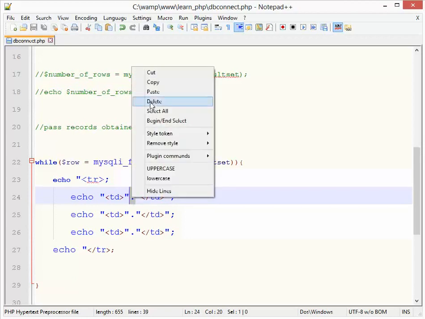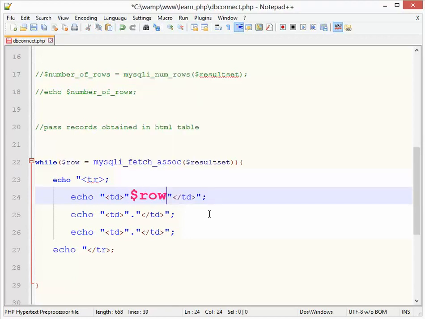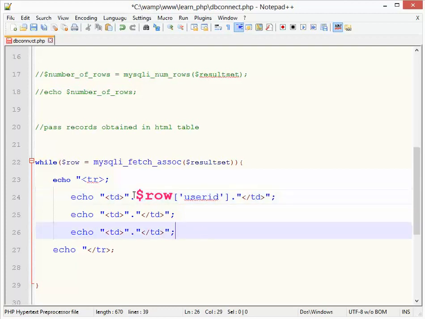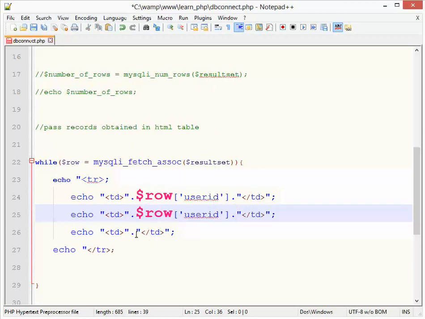Maybe it's not possible to create it without passing the actual data. So we have the row which shall output the rows, but we have to identify rows and fields. We have to identify the field name here. So user ID, and then we connect it to the td tags through a dot. So let's just copy this one, paste,